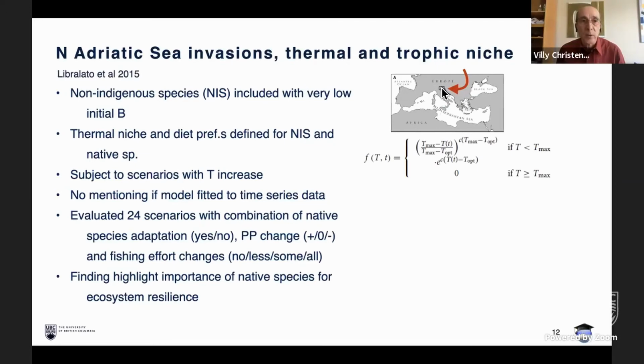Simon Libraletto and colleagues there up in Trieste model potential impact of this, and it was a model that, I don't think they looked at the static situation with this movement, so there's no clear lesson in here. They didn't fit the model to time series data, so there's no really clear lessons for how to do it from it, but it's an interesting paper.